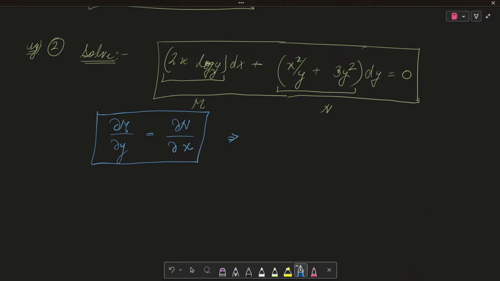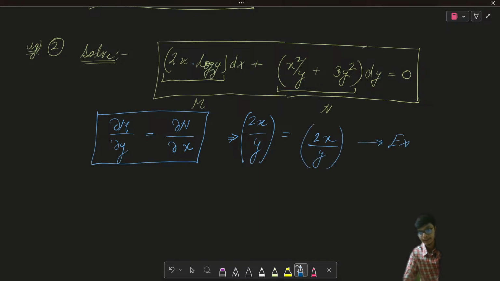If I do that, the partial derivative of M with respect to y is basically 1 upon y. And if I check the N term, the partial derivative of N with respect to x is going to give me, so I forgot to write the 2x term over here. So the partial derivative of M with respect to y is 2x upon y, and similarly the partial derivative of N with respect to x is 2x upon y. So what I can see is that it is an exact